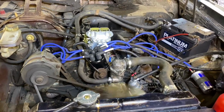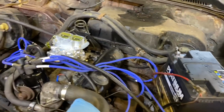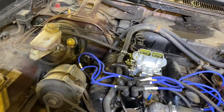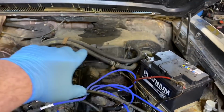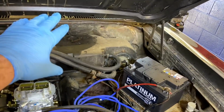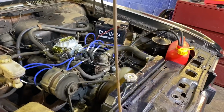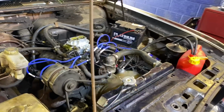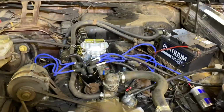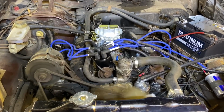We've run it up for a while, all the water pipes are hot, everything's as it should be, rad's hot, heating pipes at the back are hot. They're going to investigate the wires to the heater control inside, because the heater's not working. There's still plenty of work to do, but listen to that, 18 years,